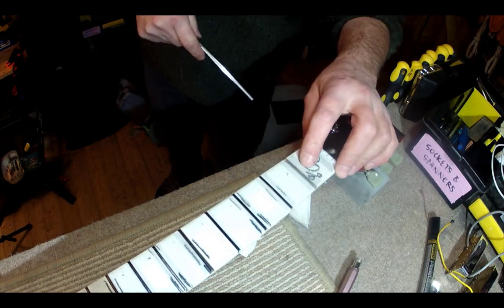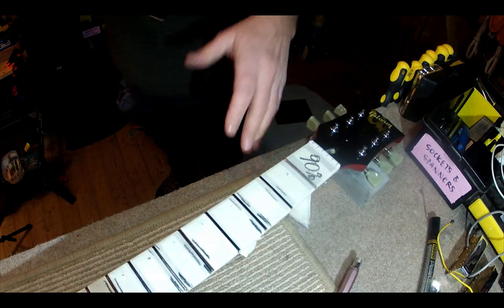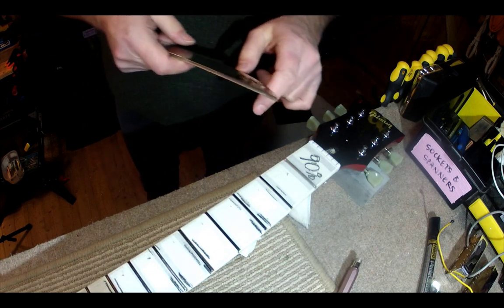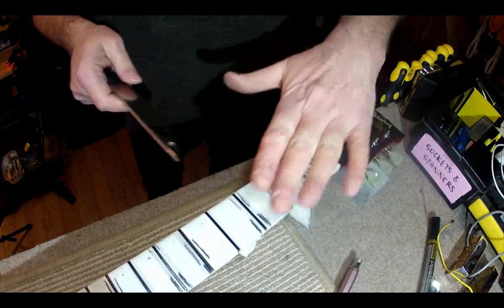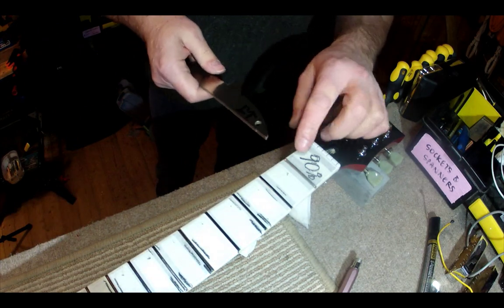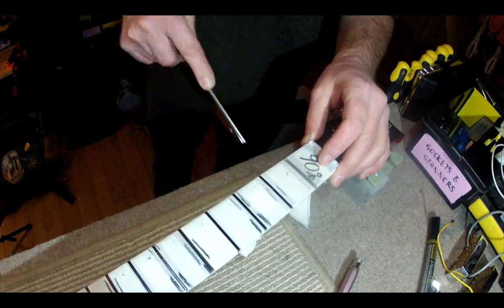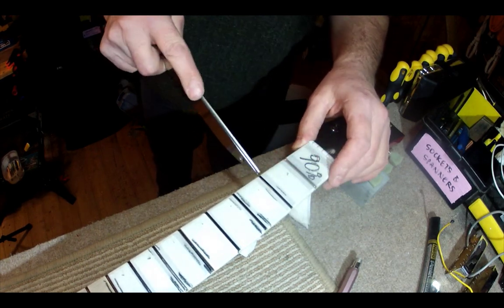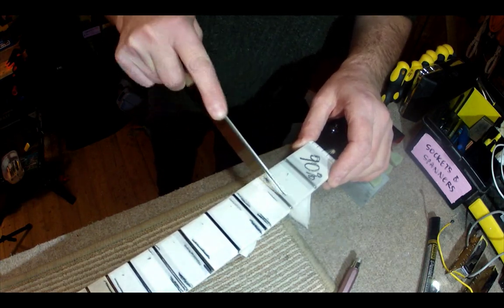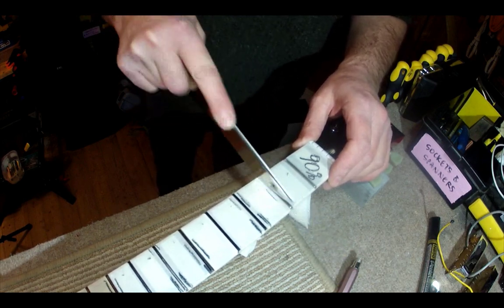The idea is to stop when you've just got a tiny little thin line of marker pen, and that tells you that you've left the top of the fret at the same height that it originally was. It also tells you that you're going to leave all of the frets at the same height because you haven't touched the tops of them, but that you've rounded off the flat profile, the shoulder of the fret. So I'm just going to do that now for each one of these. It's not too much pressure, it's just a matter of letting the diamond